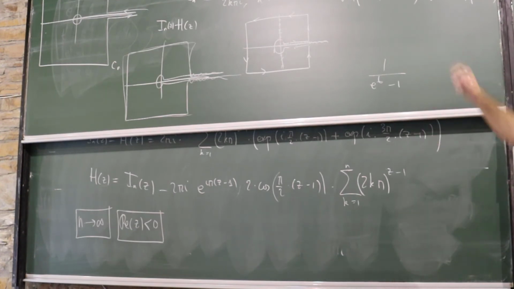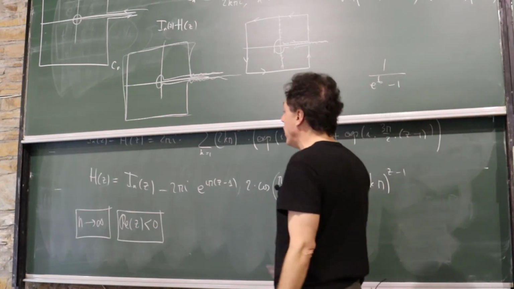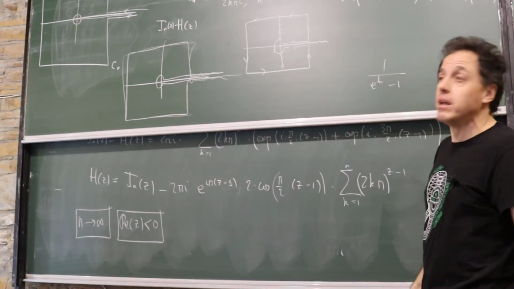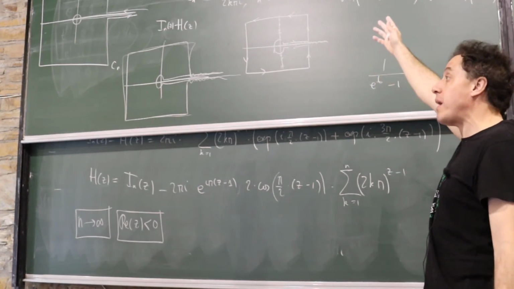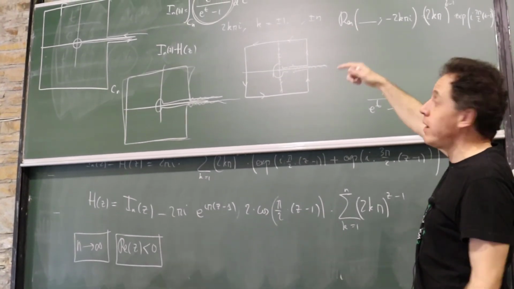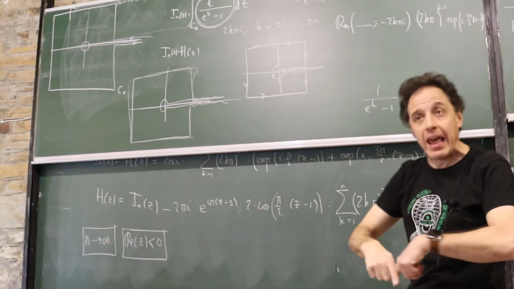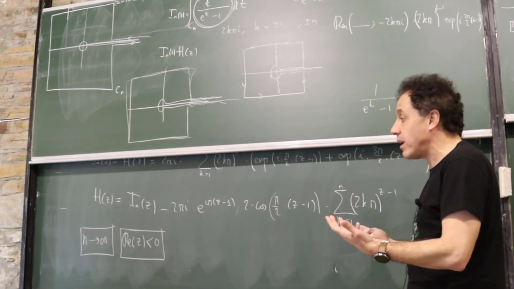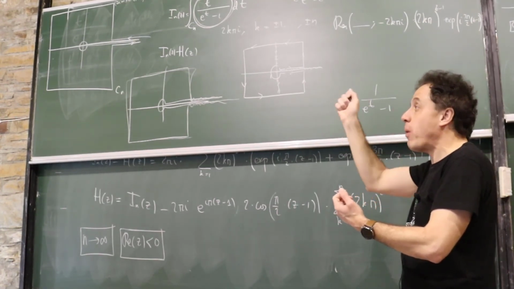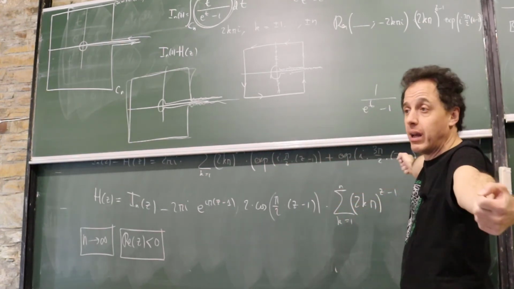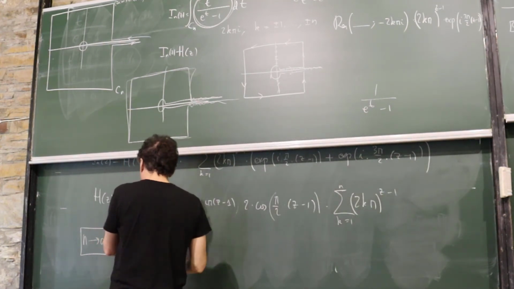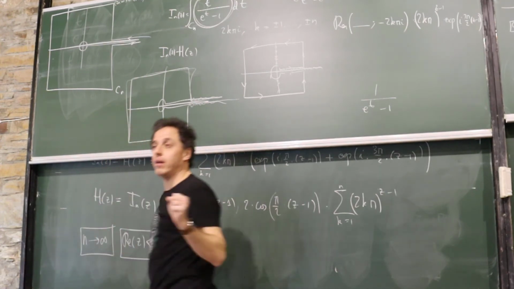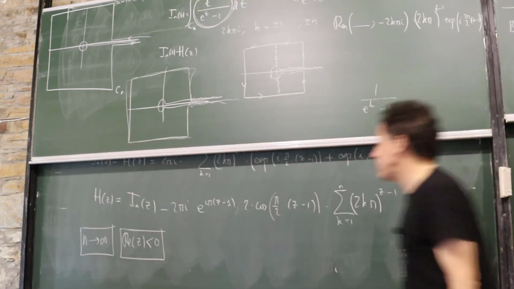It's not quite difficult, but for the numerator, in order to guarantee that the integral is going to tend to 0, we need that the real part of z is smaller than 0. So we have something that is t to some real number smaller than -1, and after multiplying by the length of the square, we still have something like n to some negative power that is going to tend to 0. So when the real part of z is smaller than 0, this term I_n tends to 0,